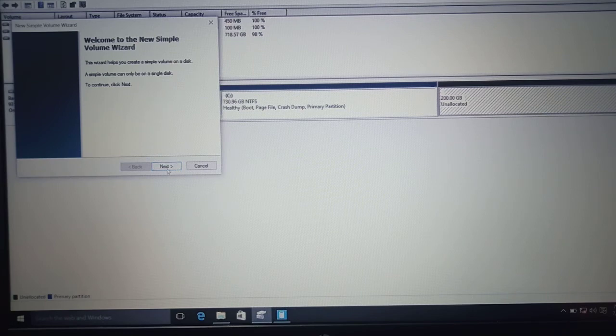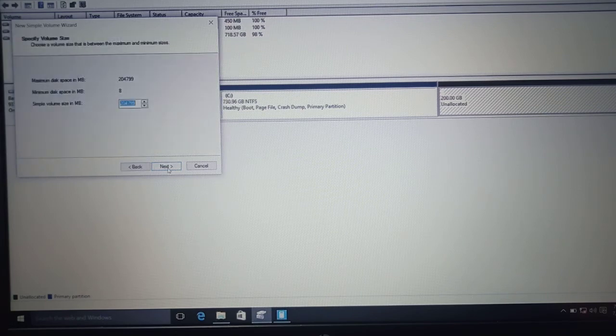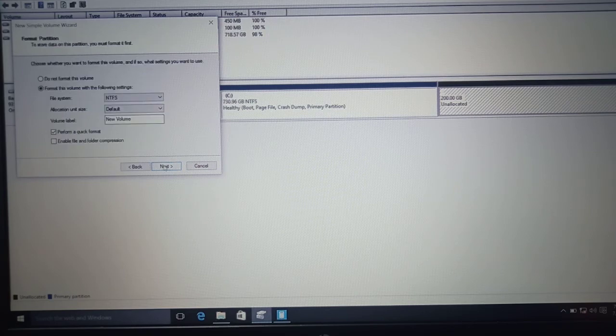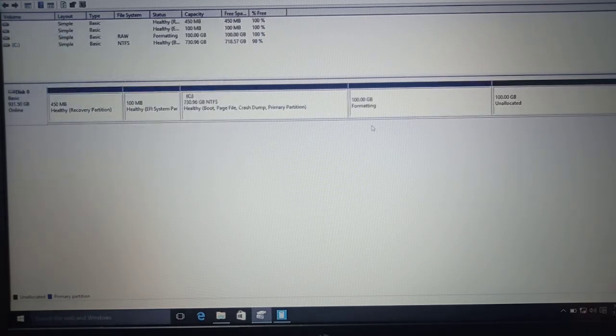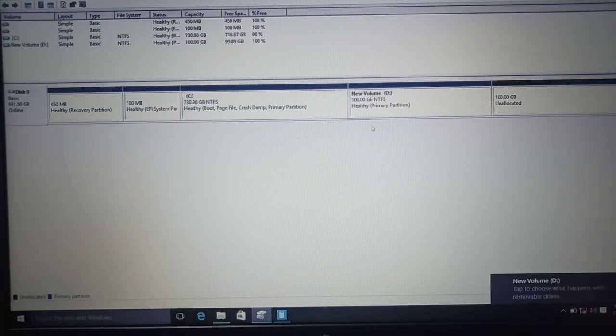So this is going to be the new volume. The size of the volume is going to be 102400, and it is going to be assigned. That means we have successfully created a new volume D with 100 GB.